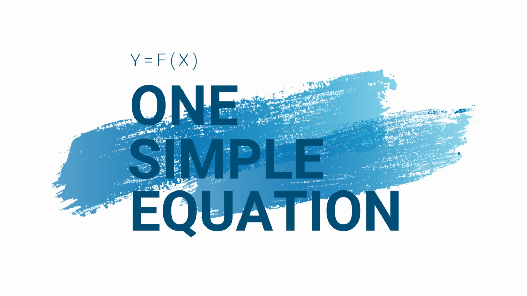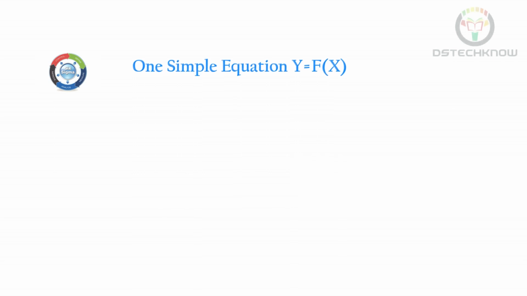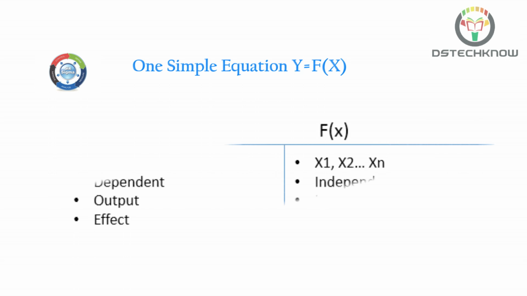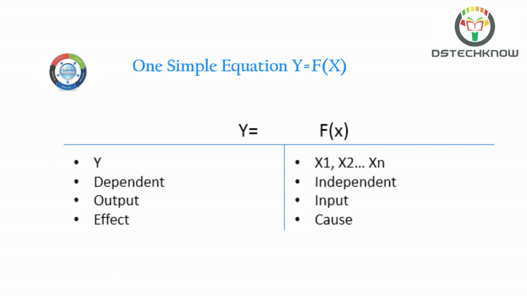Now this is the core of Six Sigma, which is one simple equation. This equation is read as Y is a function of X. Here Y is the outcome, and you would hear some professionals say, what is the project Y? X here represents the inputs, factors which are required to create the outcome. Do remember, there could be multiple X's. And we as Six Sigma professionals usually find the critical X's that are contributing to Y. F, of course, here is the function, the process or the processes which are transforming the X's to Y, inputs to output.